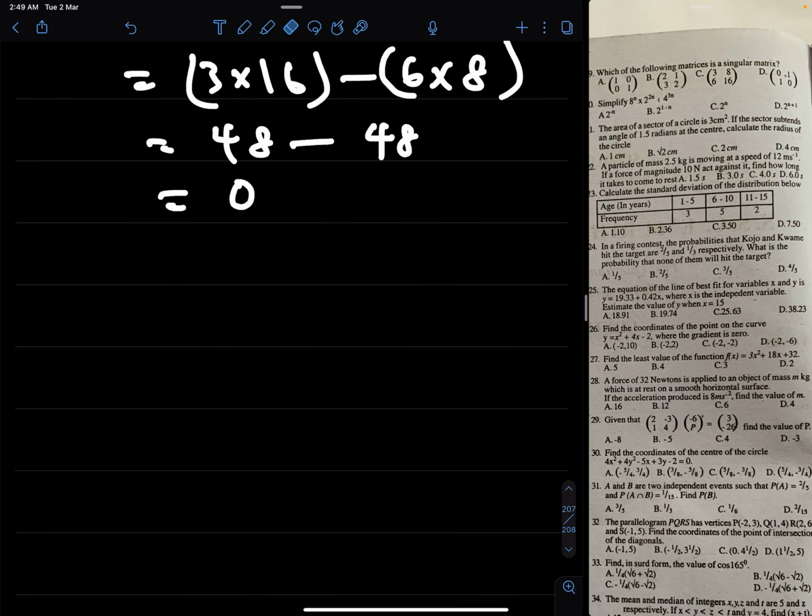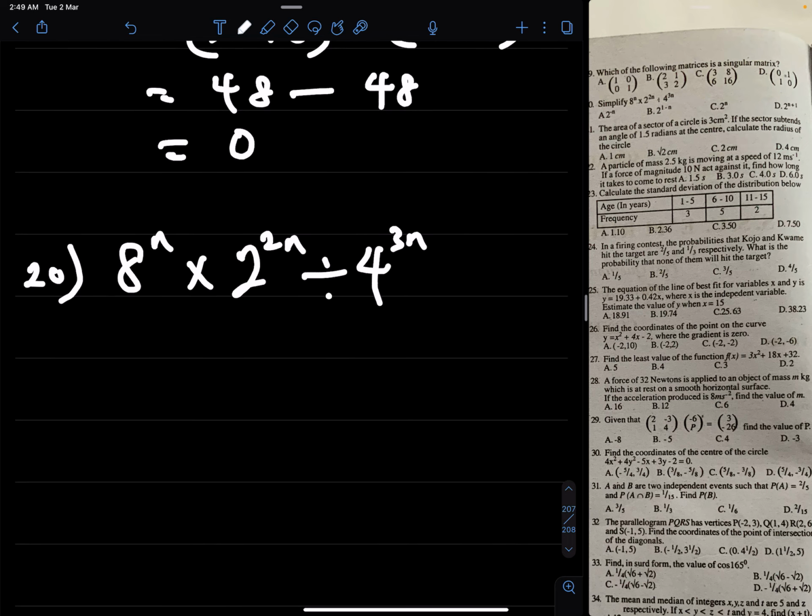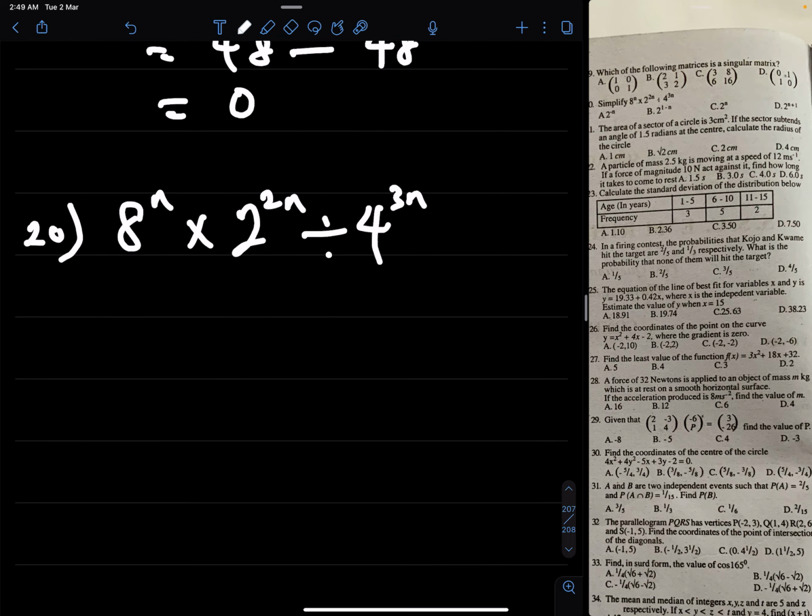Very quickly, simplify h raised to power n. That's a piece of cake actually, I can already see. H raised to power n times 2 raised to power 2n divided by 4 raised to power 3n. This is the same as 8 is 2 raised to power 3, so 2 raised to power 3n times 2 raised to power 2n divided by 4 is the same as 2 raised to power 2. The power 2 multiplied by 3n will be 6n, and that simply means